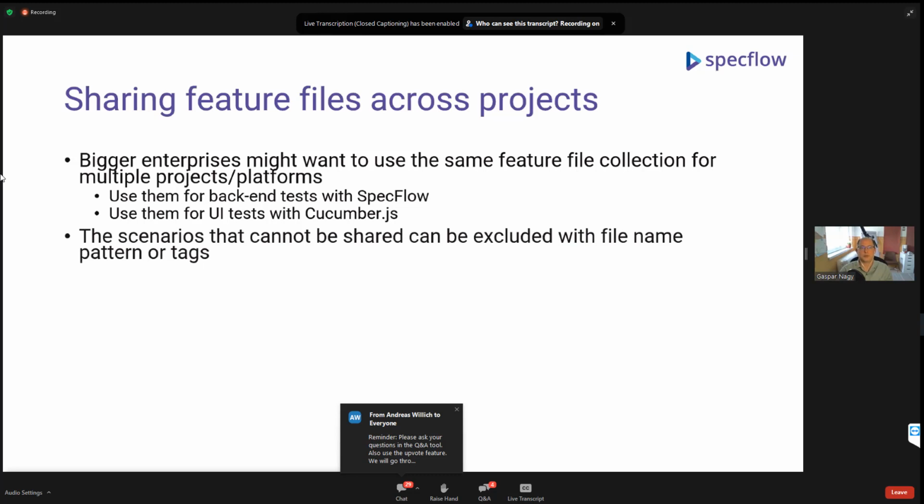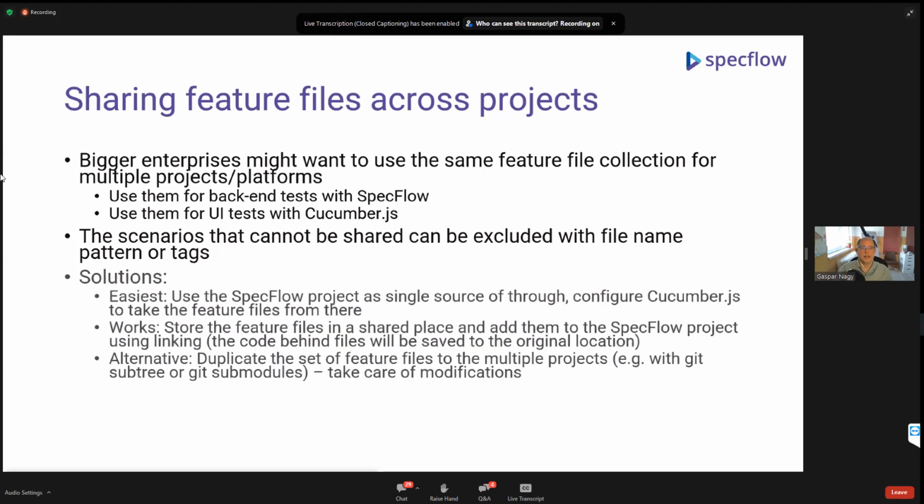Unfortunately, and of course it can happen that you don't want to share all of the feature files, but most of the feature files, but a few of them you'd like to exclude. I mean, that's also possible. There are multiple solutions. With SpecFlow, you have to be careful. Typically, the Cucumber frameworks are a little bit more flexible on that because they don't generate tests the way SpecFlow does, and therefore they just need to have a file somewhere, and they are happy. It doesn't matter where the file is sitting. SpecFlow is a little bit more